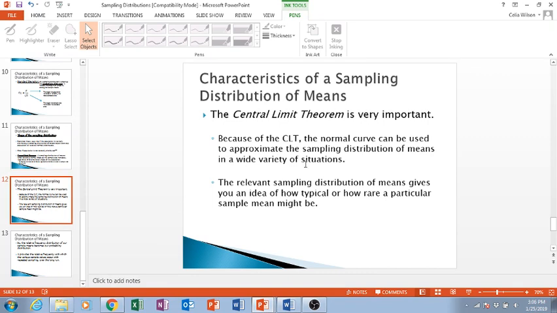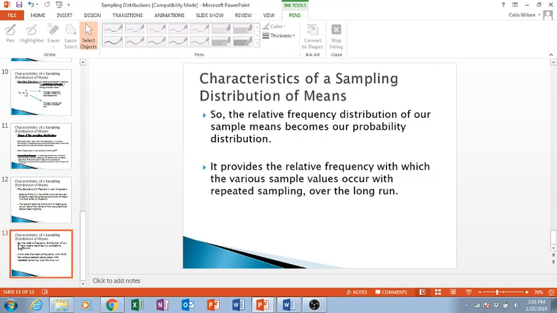Central limit theorem, of course, is very important because it allows us to talk in terms of the probability distribution under a wide variety of sample sizes. Okay, it provides, I think I've said these already. To kind of talk more about this, I want to do an activity